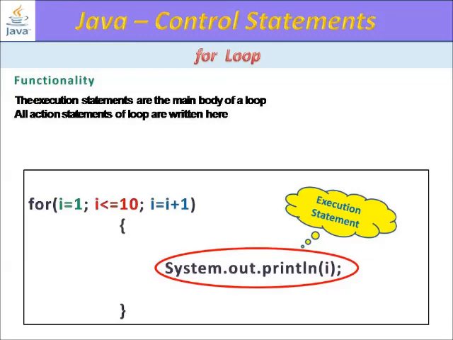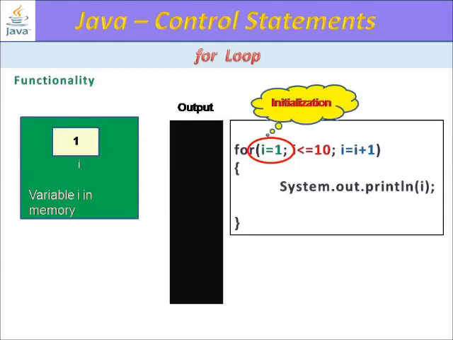And inside the curly braces, that is inside the body of the for loop, you can see the execution statements. The execution statement performs the action. It will give you the desired output, and this statement executes only when the condition is true. Like in the example of the while loop, here also we can consider the execution of statements in the for loop.